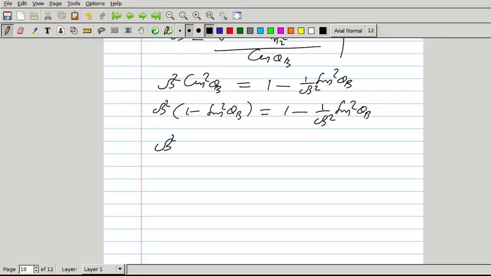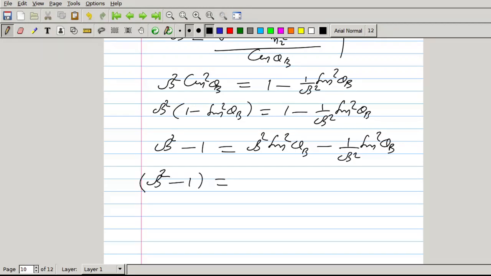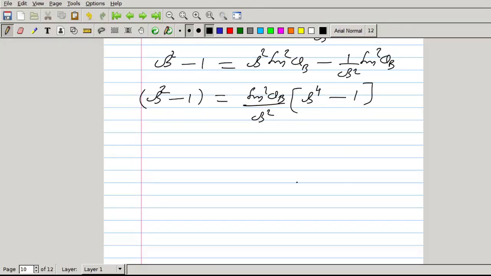So left hand side, beta square into 1, this is beta square, then minus 1, is equal to this beta square sine square theta b minus that, taken to the right side. So beta square sine square theta b minus 1 by beta square sine square theta b. From that I am taking left hand side beta square minus 1. Right hand side I am taking sine square theta b by beta square into this one, which is beta raised to 4 minus 1,